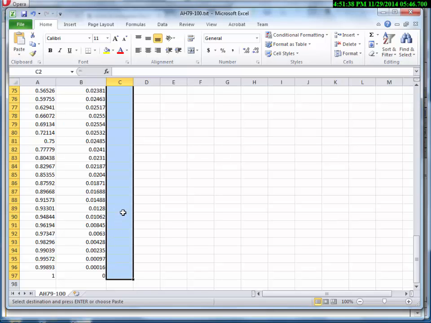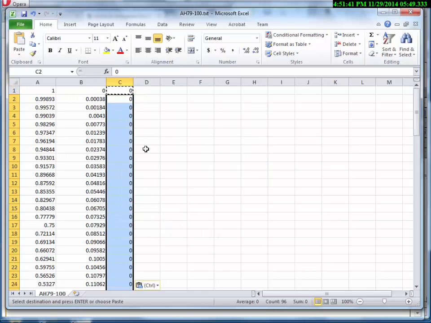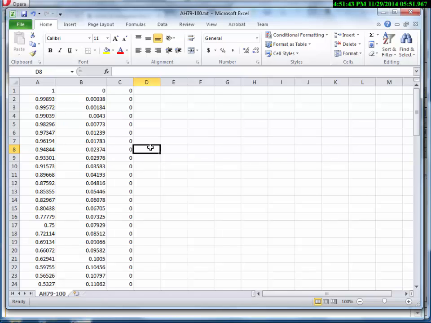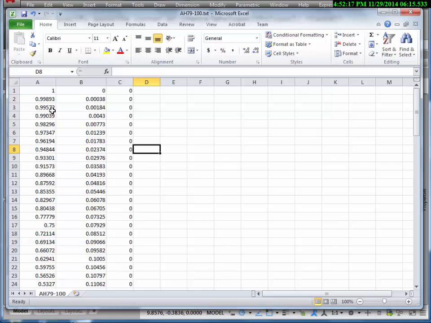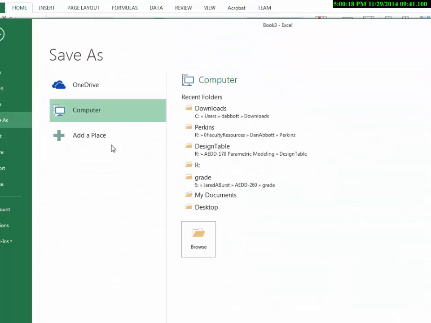Just cover everything, right click, and then do a paste. Once you've done that, there'll be zeros in all these locations. Now I really want all of these values increased by a factor of 3 so that I can have a chord length of 3 and then end up with the overall shape. The 3 meaning that 3 inches right here on the maximum length. An overall shape that's 16 inches long and then the 3 inches wide. I can do that here with a formula, or I can do that when I bring it into SolidWorks by just scaling it up. What I'm going to do is to save this file,